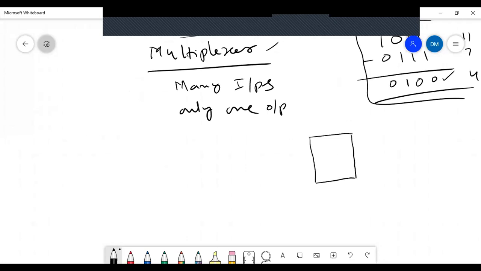Only one output, and also some number of control inputs. Very briefly, I am trying to explain multiplexer. A multiplexer will have many inputs, but the output is only one, and several control inputs. The relation between inputs and control inputs: these inputs can also be called data inputs. Data inputs. Control inputs, let us say